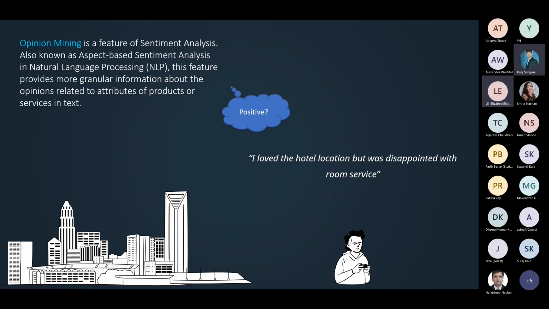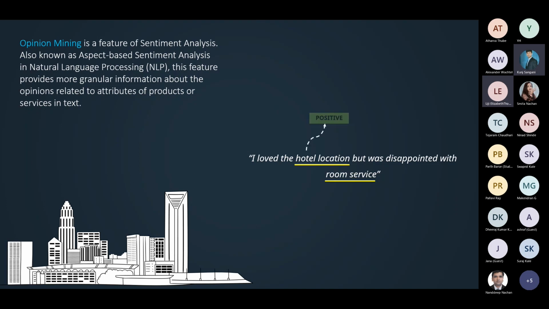So I'm left wondering, was that a positive or a negative sentiment? What we would really need is to abstract keywords, abstract attributes out of that. Each aspect should have a sentiment attached to it. The hotel location is a positive sentiment. Room service is negative because the person was disappointed with that.